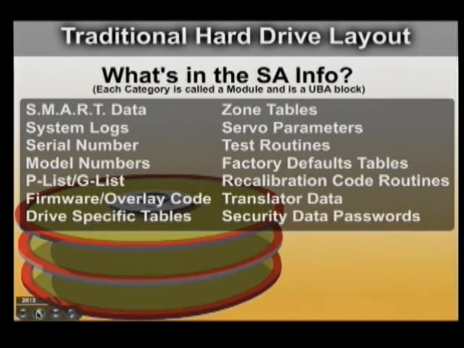Well, they don't know what they've read or what they haven't read, but there are some system tables that actually give you this content. In these lists, this right here is your bad block list. These things are stored on the platters. So the P list is your primary list, and the G list is your grown list. The grown list is actually the bad block sectors that you're used to dealing with. But all of this stuff is basically disappearing.